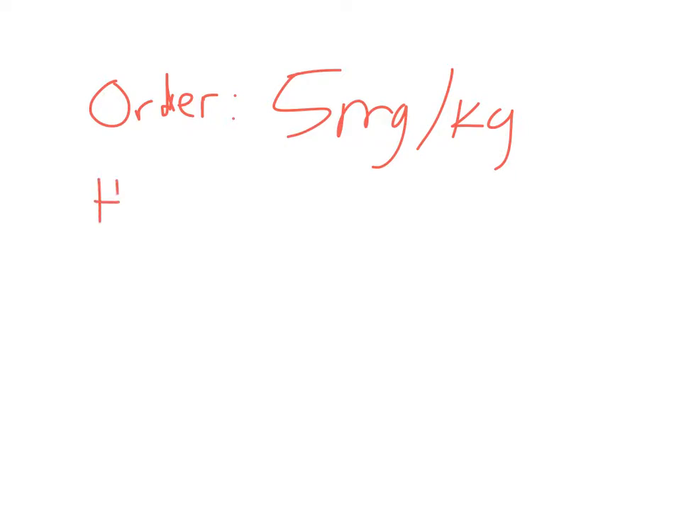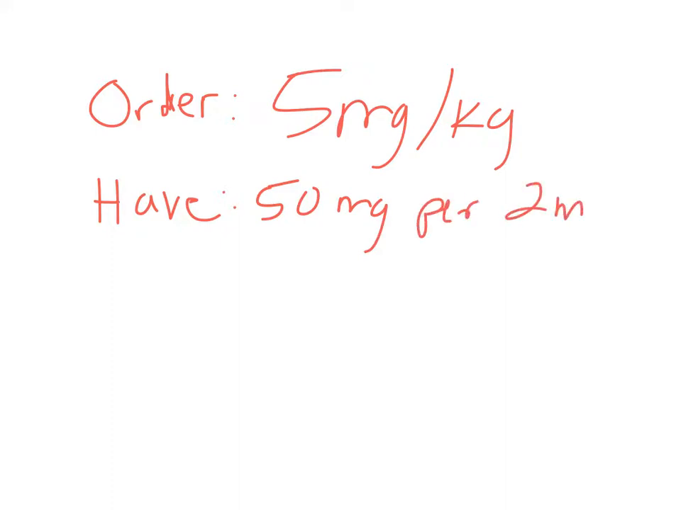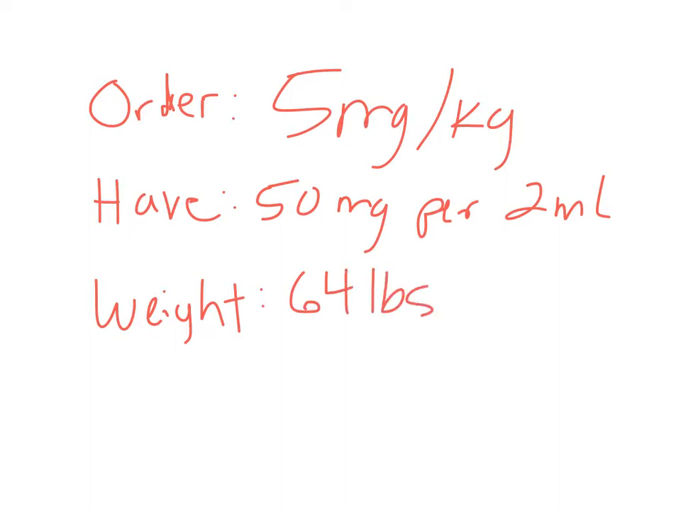And we have a medication that comes, let's say it's a very similar medication, 50 milligrams per 2 milliliters. So we'll say it's the same drug. But we have a patient whose weight is a little bit more specific, not just in pounds. So say we've got a patient who is 64 pounds and, let's say, 4 ounces. So now what has to happen,